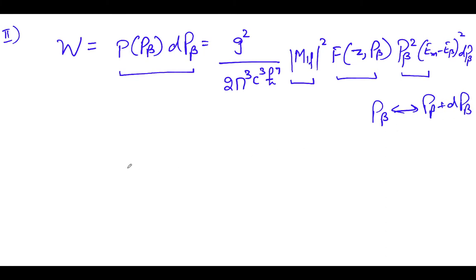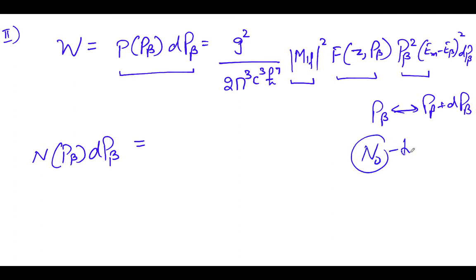That is generally represented with n of p beta. If the total number of beta particles emitted is n naught,